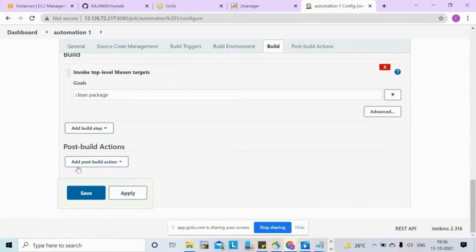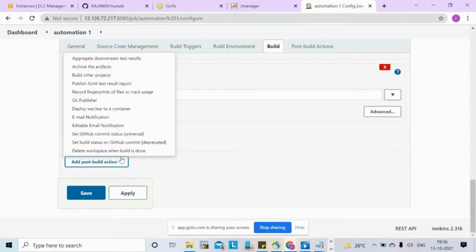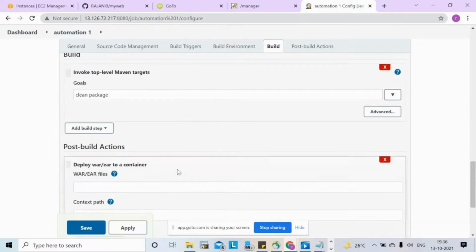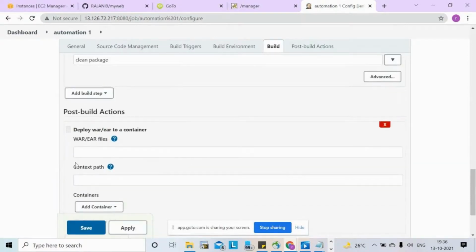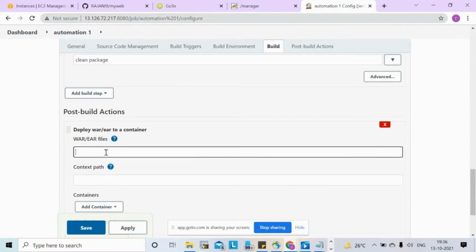And next, in post build actions, we'll go for deploy war or ear file to container. Here, with Maven, this is the purpose we installed the plugin, right? Yes.